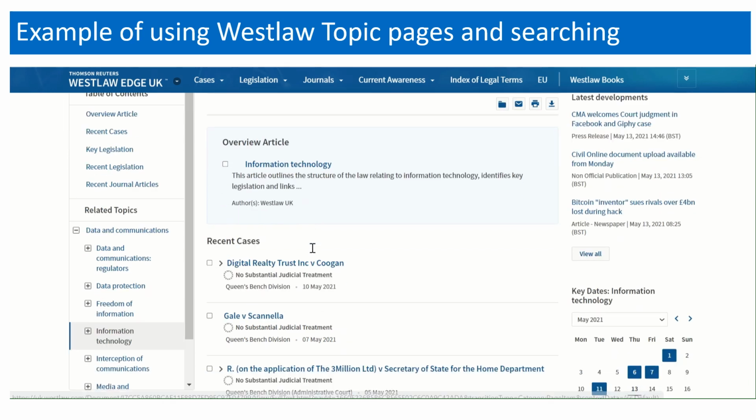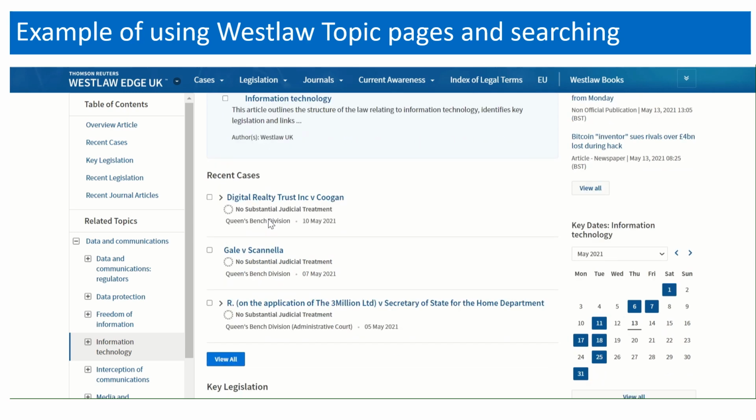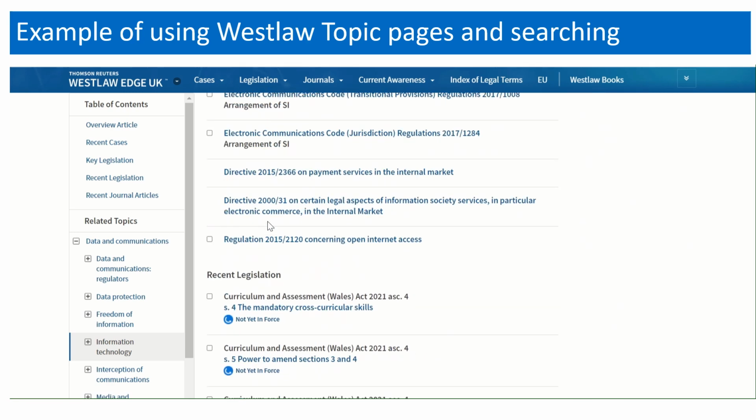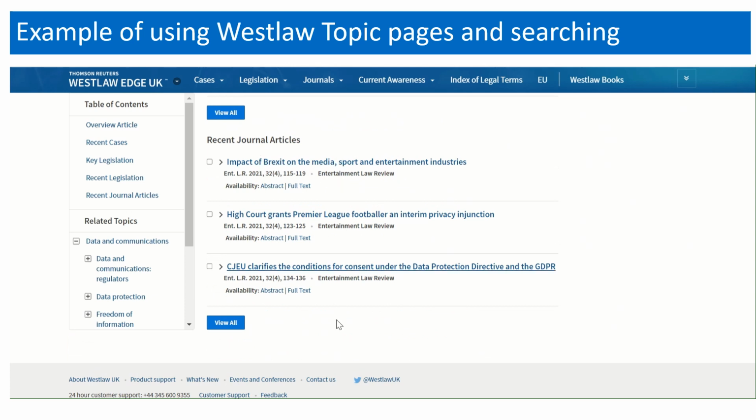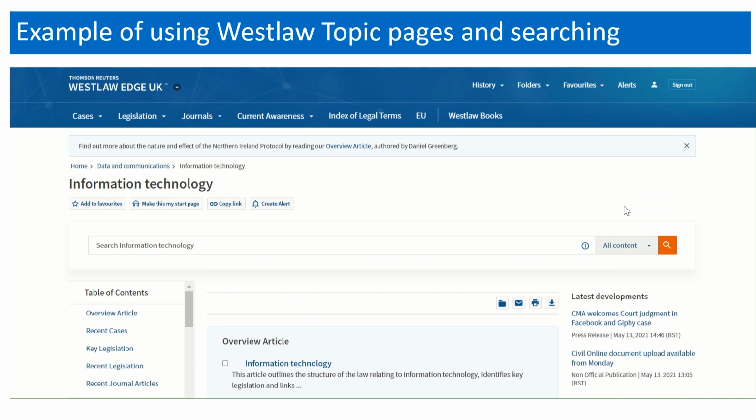But also on this page, Westlaw then will list and highlight to you recent cases, recent legislation, and recent journal articles. And you can expand these lists by just clicking View All. So the browse feature in Westlaw is really helpful for helping you define what subject words and subject terms you might want to use for your searching, because you can see the hierarchy of topics that they've used in organizing the information. Now, if I go to journal search,